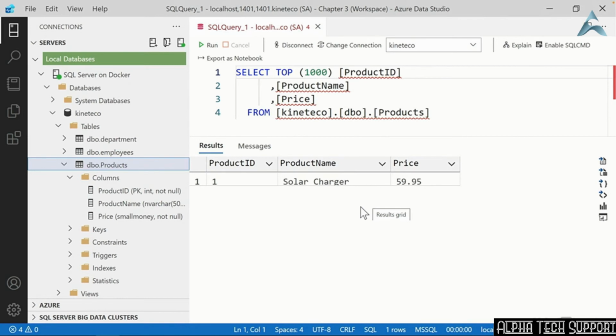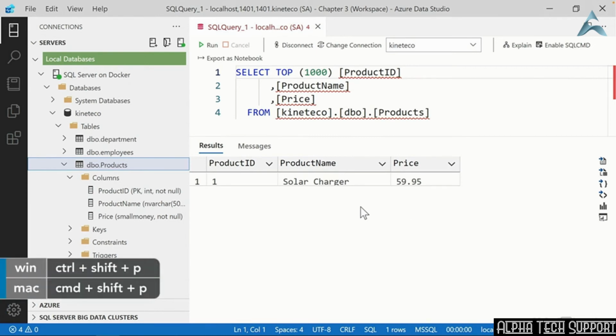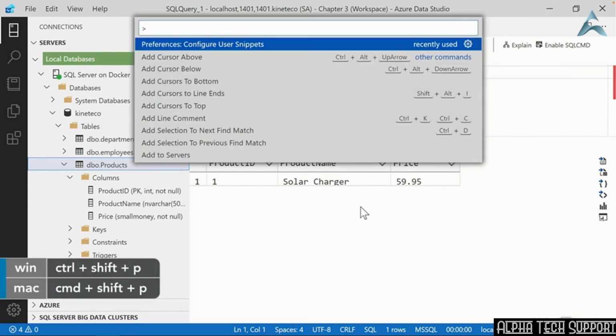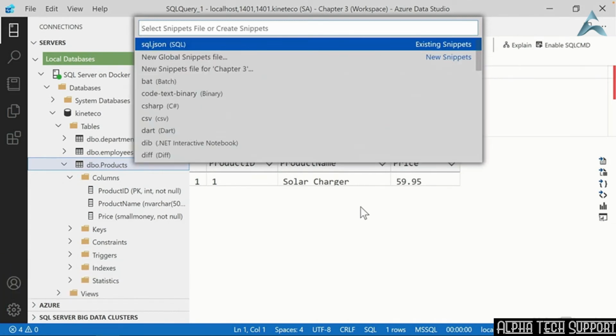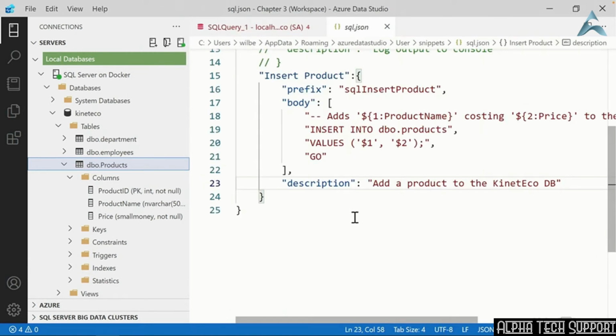If you want to go back and refine the snippet, maybe you want to do a check and make sure that we're working in the right database first before trying to add a record to the table, then you can always go back to the custom snippet editor by pressing Ctrl or Command-Shift-P on your keyboard to open up the command palette, typing in snip, and then press Enter and Enter again to edit that SQL.json file, and it brings you right back in. Then you can continue making any adjustments that you want to the snippet and save it